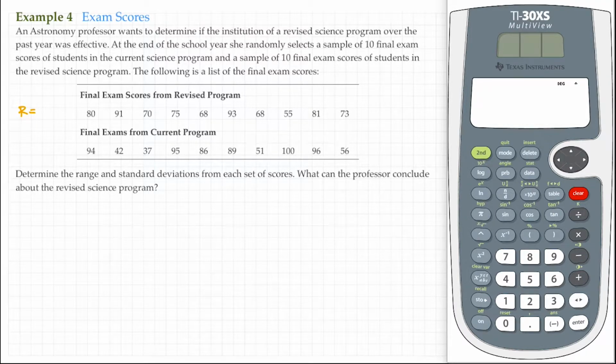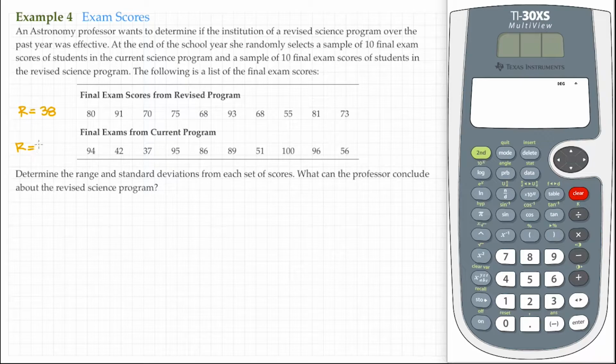Now the smallest data value, that looks like this one right here, 55. And the largest data value for this data set, that's 93. So this has a span or a range of 93 minus 55, that's 38. We'll do the same for this data set here, the current program. We have a low end, an extreme of 37, and then a high end over here of 100. So the span, 100 minus 37, the range